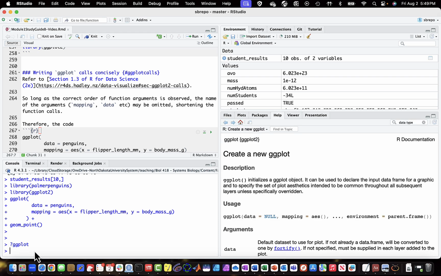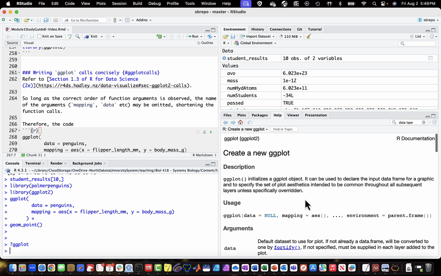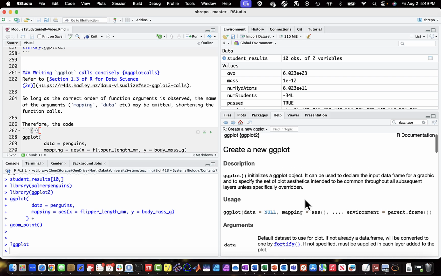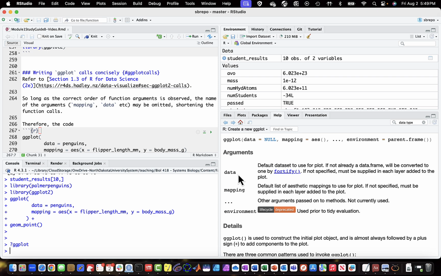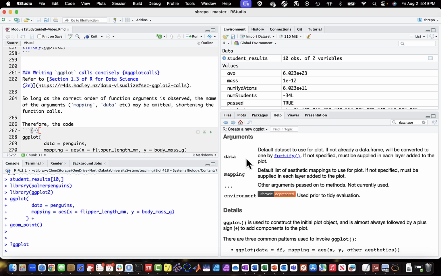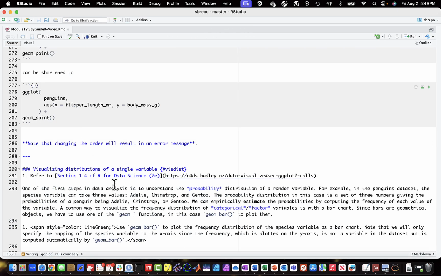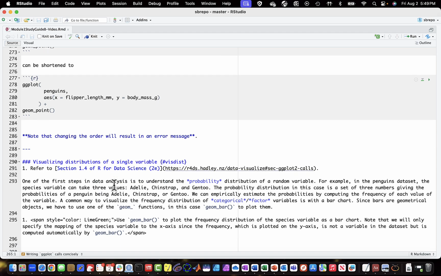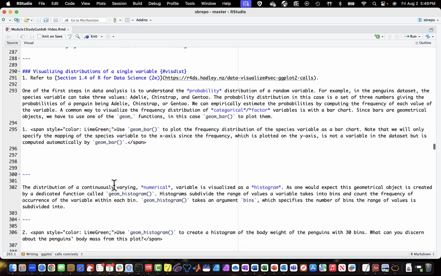And then when you hit return here, it will show you the help for that function. In this case, it's showing us the help for ggplot, and it shows what are the arguments that ggplot takes, and the order of the argument is the same as the order in which the arguments are presented in the help page. Okay, so let's go back to the study guide, and now let's talk about